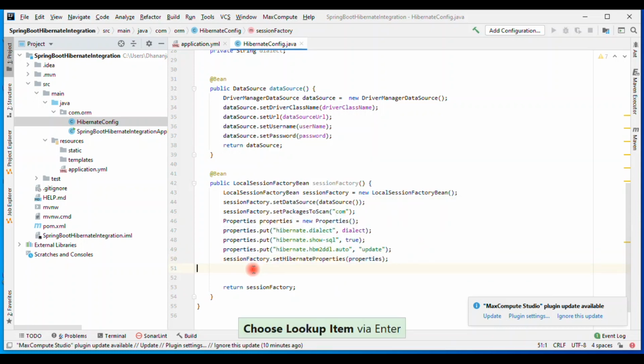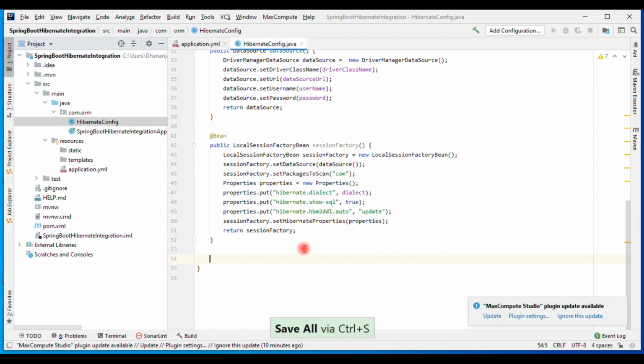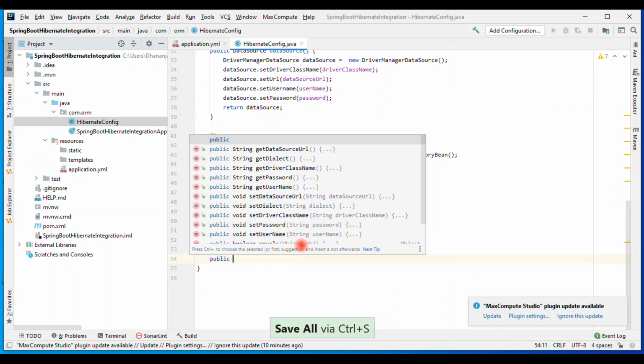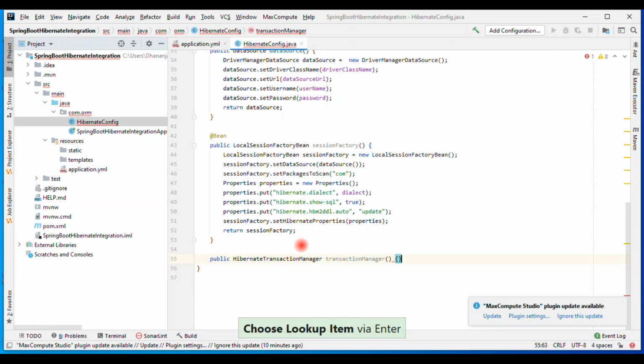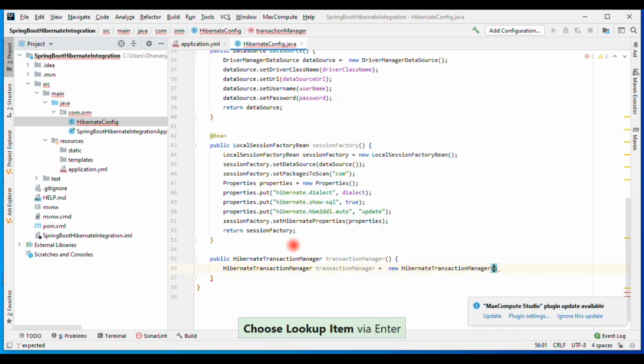So that's it, and we need to write one transaction manager also. So public HibernateTransactionManager. HibernateTransactionManager is equal to new HibernateTransactionManager.